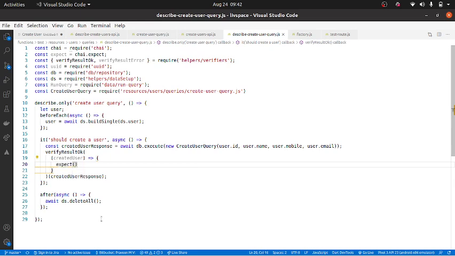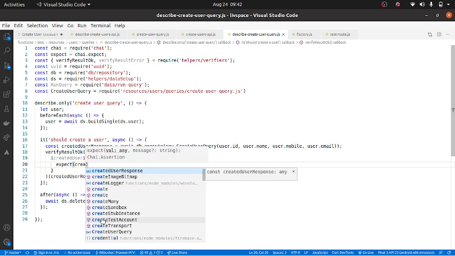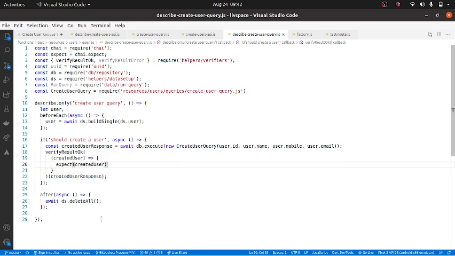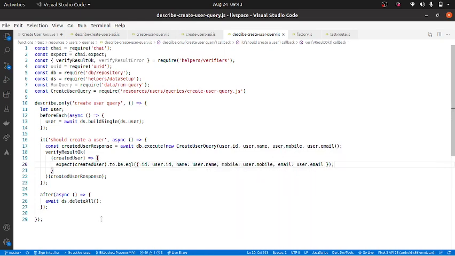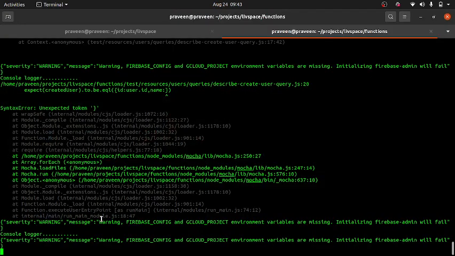Expect created user dot to be dot equal to, I'll basically make this id equal to user dot id, name equal to user dot name, mobile equal to user dot mobile, and email equal to user dot email. Okay, so expect this to be the same, and let's take a look at what happens there.